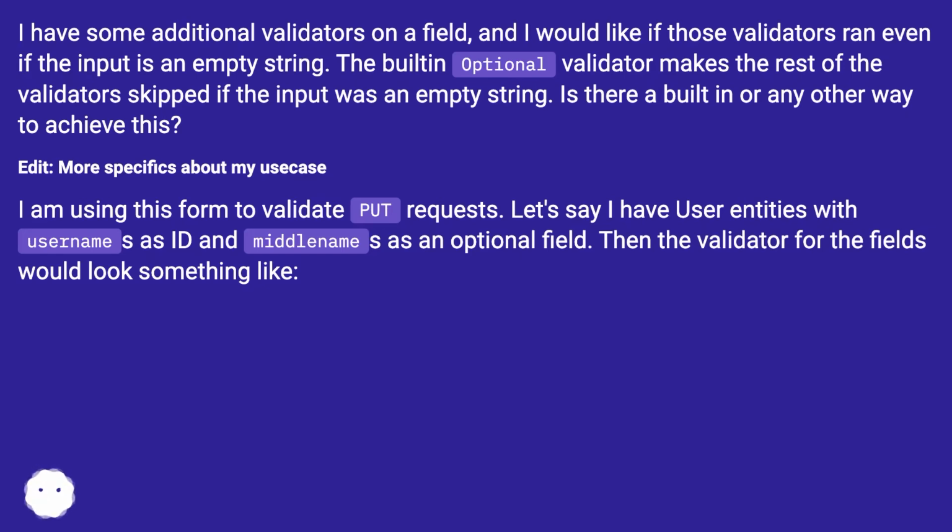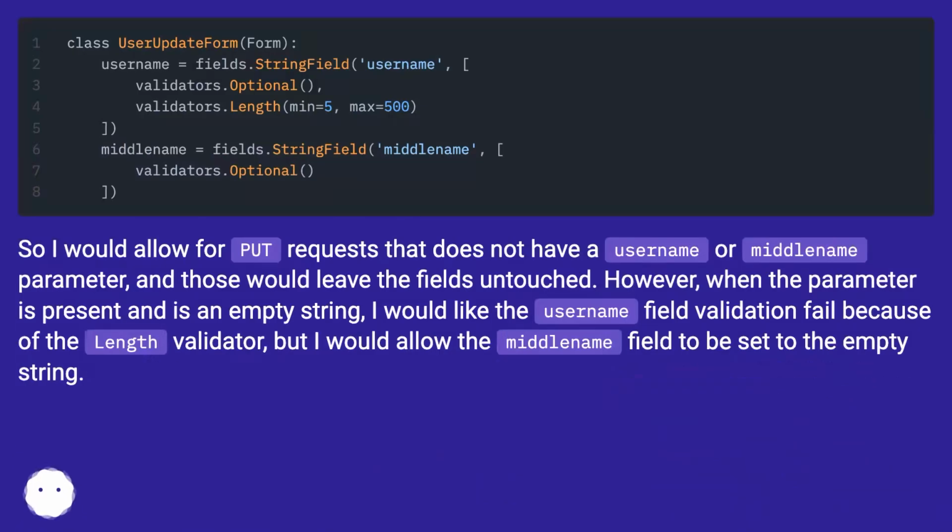I am using this form to validate PUT requests. Let's say I have user entities with usernames as ID and middle names as an optional field. Then the validator for the fields would look something like this. So I would allow for PUT requests that do not have a username or middle name parameter, and those would